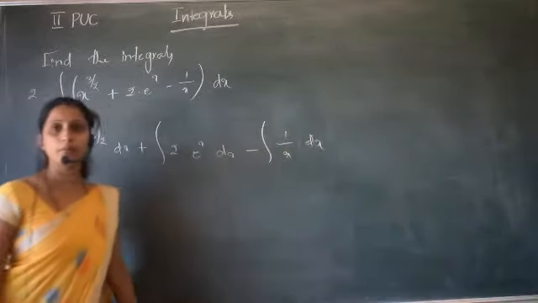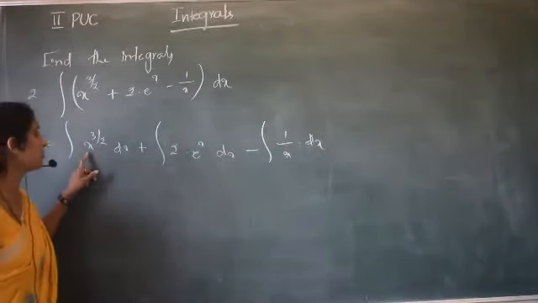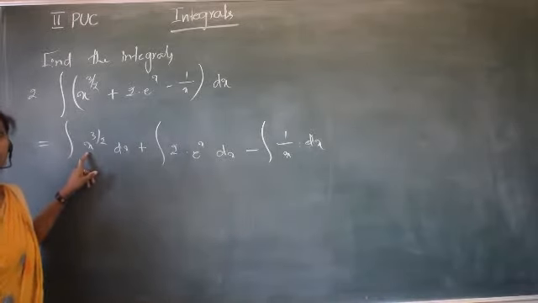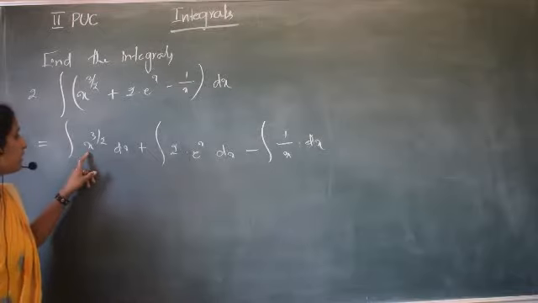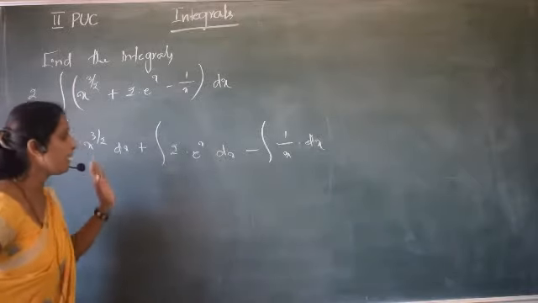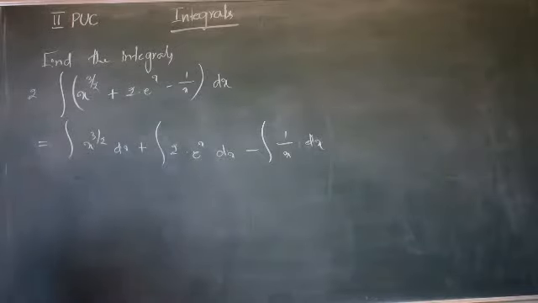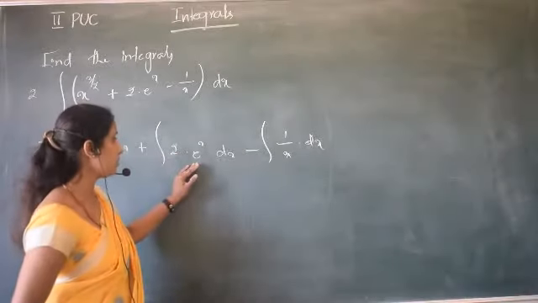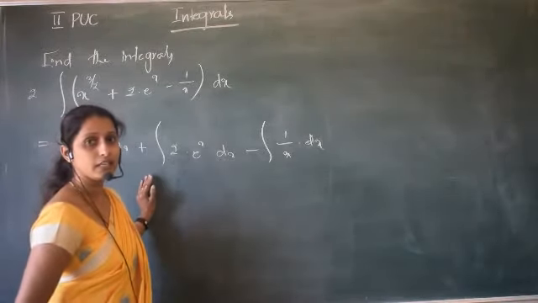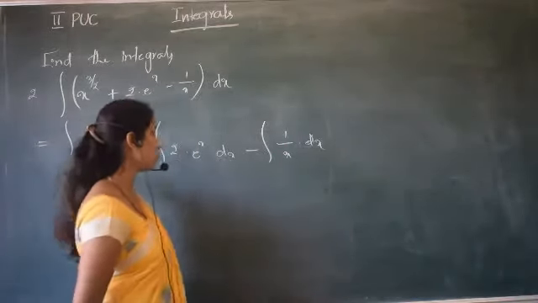So this will be equal to the integral of x to the power 3 by 2, which is already in the form of x power n, where n is any real number. So x to the power 3 by 2 plus 1 divided by 3 by 2 plus 1. And here we know that the integral of constant into function is constant into the integral of the function, then minus the integral of 1 by x. We know all the values of this.